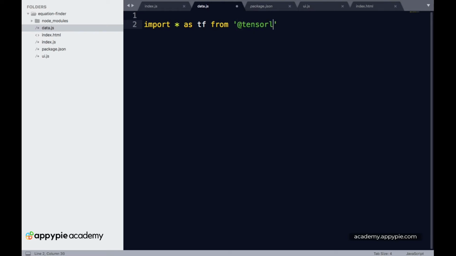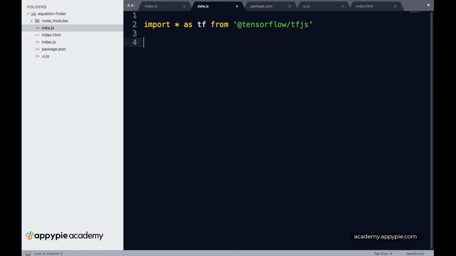So @tensorflow followed by /, and then tfjs, which is tensorflow.js. With this command we have the entire tensorflow.js library stored inside the tf variable.